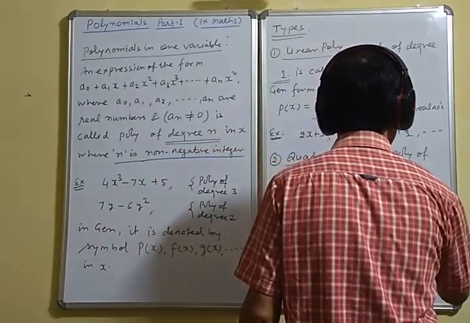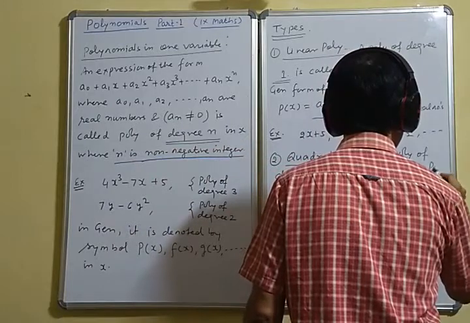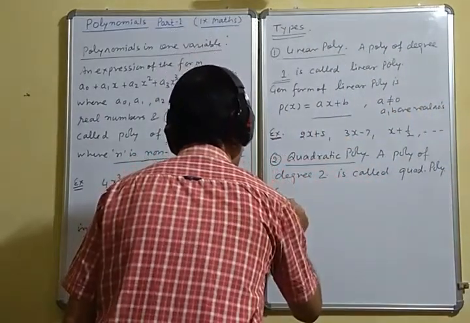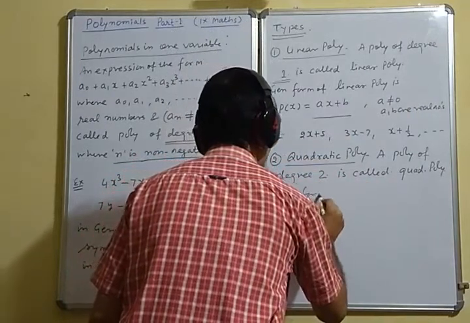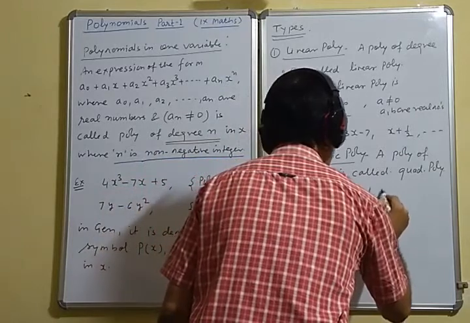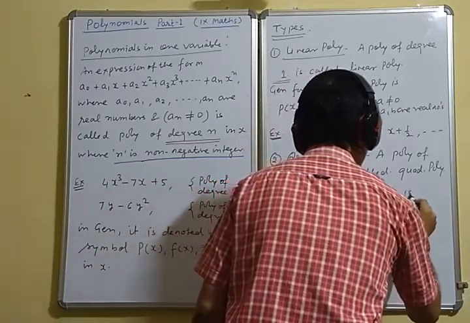Now the general form of a quadratic polynomial is